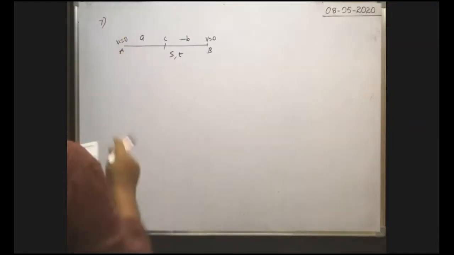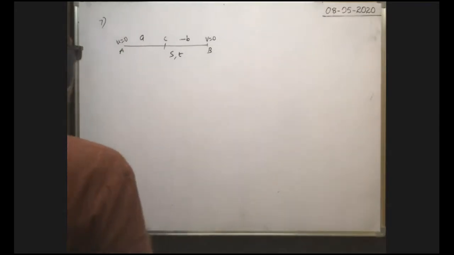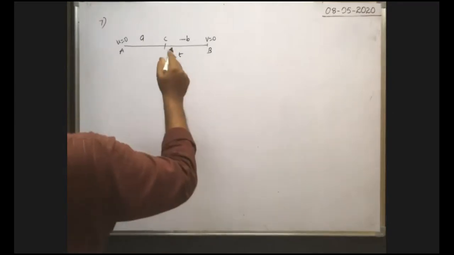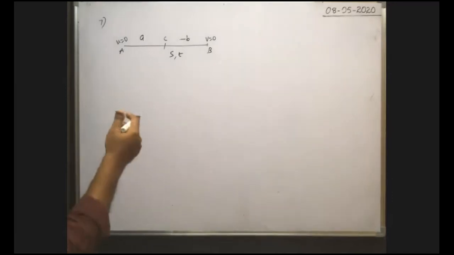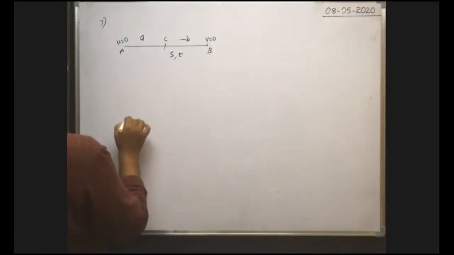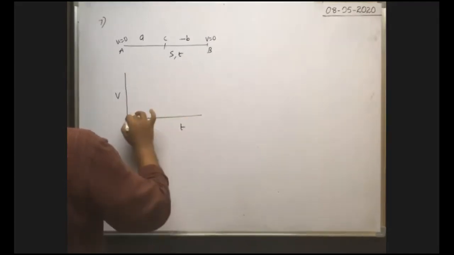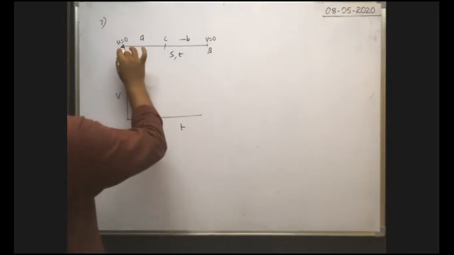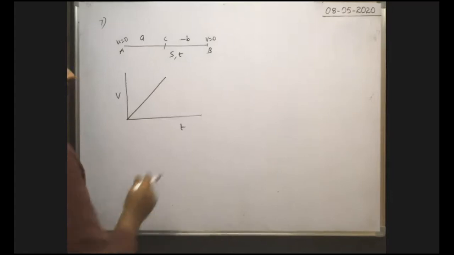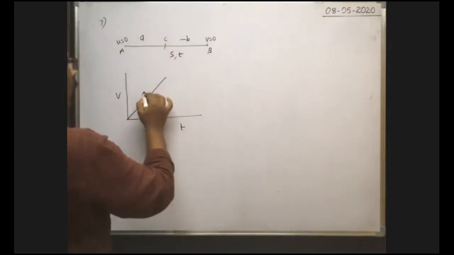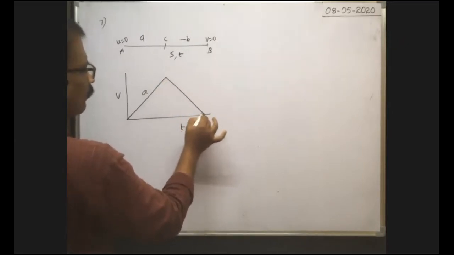So here they asked, what is the relation among them? That is the question they asked. What is the relation among a, b, s, t? The relation they asked. Here you see, in concepts we discussed, a body starts from rest, moving with an acceleration for certain time. That can be represented with the graph like this, no? After that, it travels with retardation. Okay, here acceleration is a. After that, it travels with retardation and finally comes to rest at the other station.